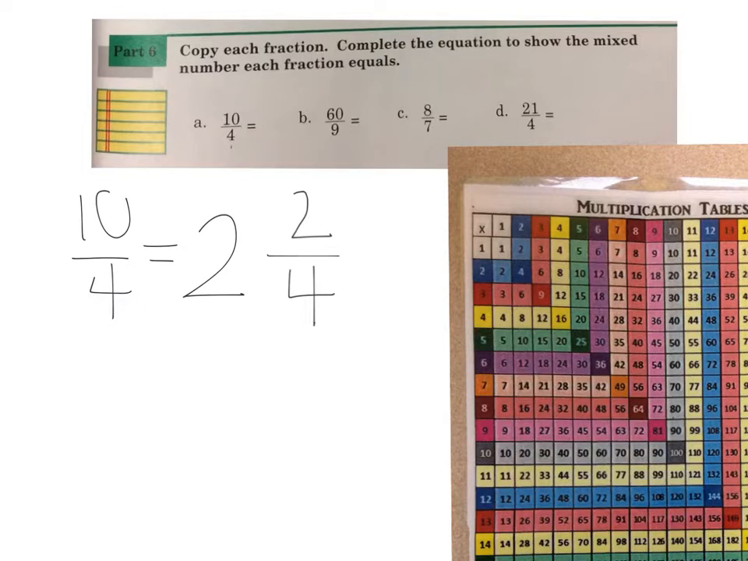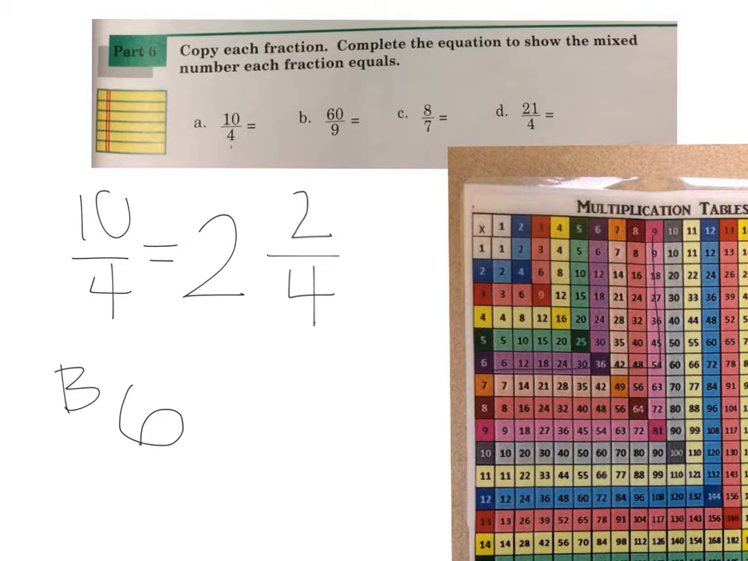If I'm looking at my 9s, I need to figure out how close I can get to 60 without going over. So if I'm looking at my 9s, I'm going down, I'm seeing, okay, 63 is too big. So this is the closest that I can get. 54 is the closest, which means that it can go in 6 times. So for B, it can go in 6 times, and I can see here that 9 times 6 is 54,